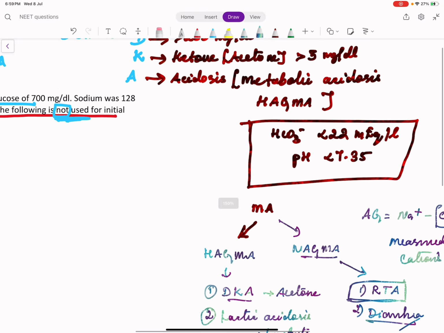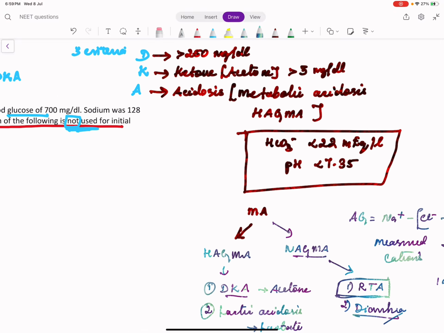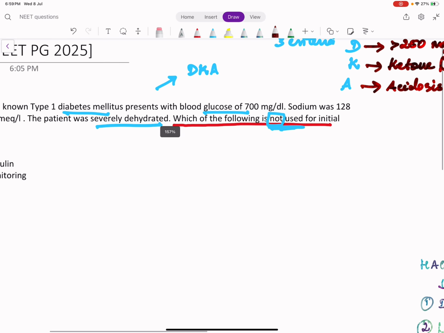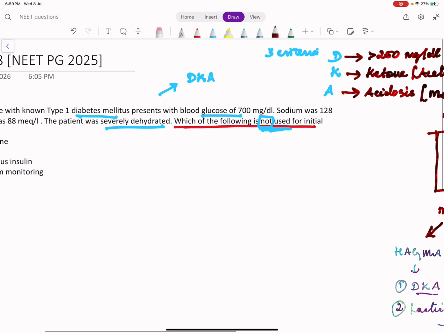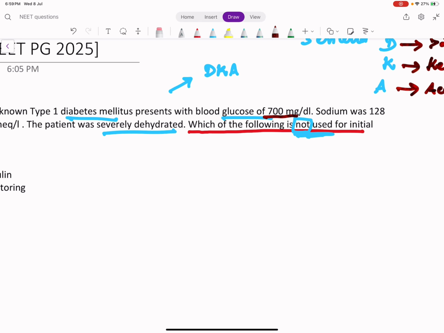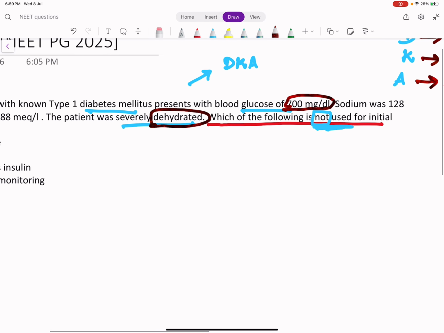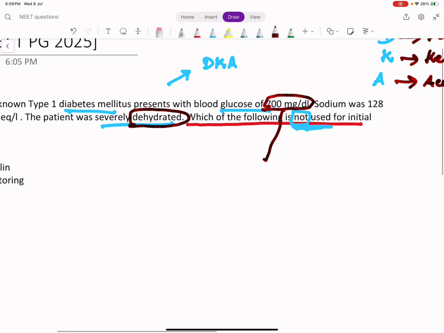So in DKA, to say acidosis, actually bicarbonate is less than 22, but the definition says in DKA less than 18 is enough to make a diagnosis. Okay, so DKA is one condition causing high anion gap metabolic acidosis. So this patient is having sugar of 700. He is severely dehydrated. They didn't give any mention about the ketones or acidosis, but this probably has to be DKA because there are only 2